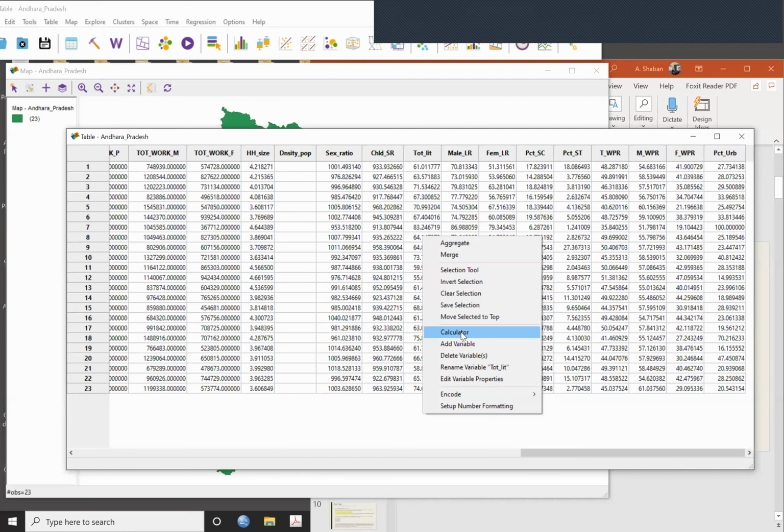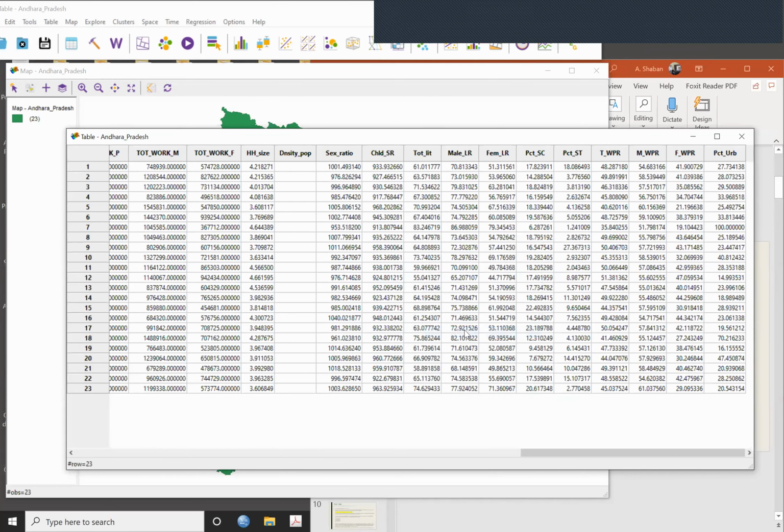This calculator is also possible. You can add a new variable. You can rename variables as you like. For example, if I have written percentage ST, if you click on this, you can go and rename the variables.